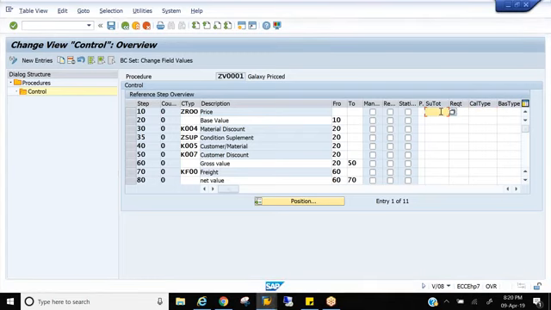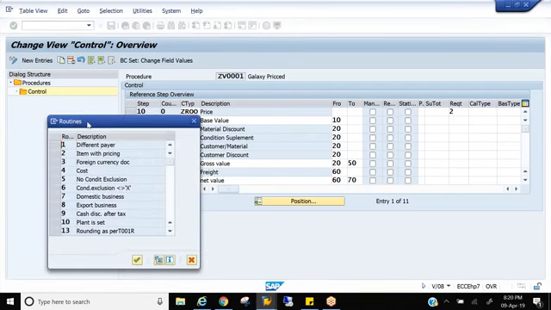Then next is requirement, or we also call it routines. Don't confuse requirements and routines. The name is the same, but we use them interchangeably. Routines or requirements, both are the same. Here you see it says requirement, but if I open it, it will say routine. You see routines. What is a routine?